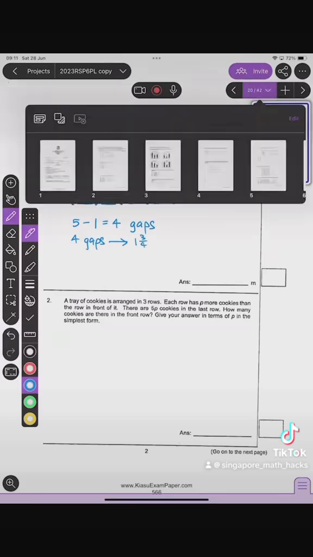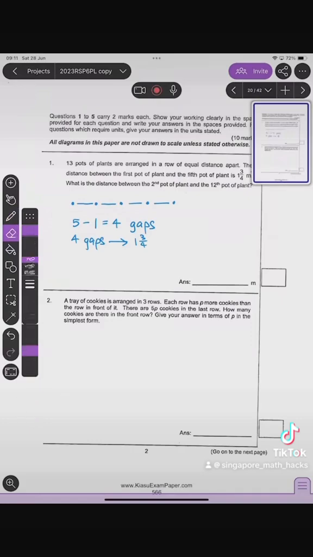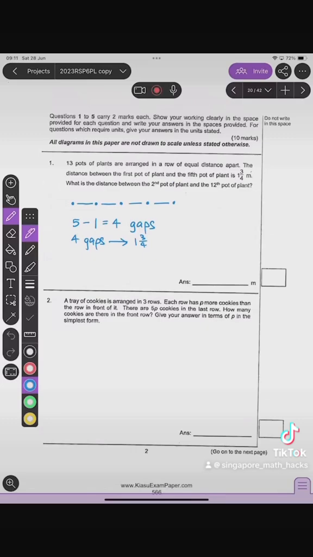Okay, now 1 3/4, and then what is 1 gap? It would be 1 3/4 divided by 4, right? Okay, so we can change 1 3/4 to 7/4. 7/4 divided by 4,